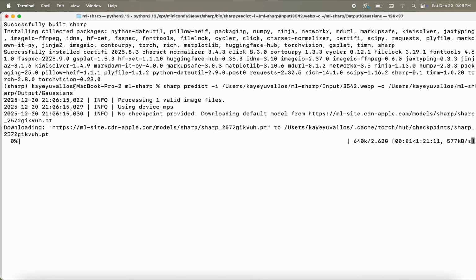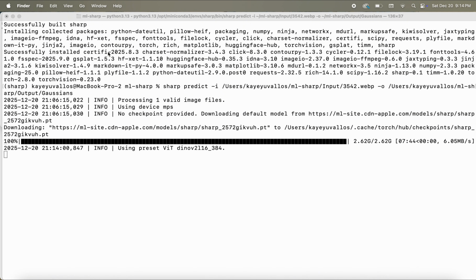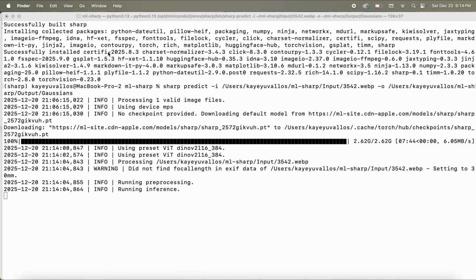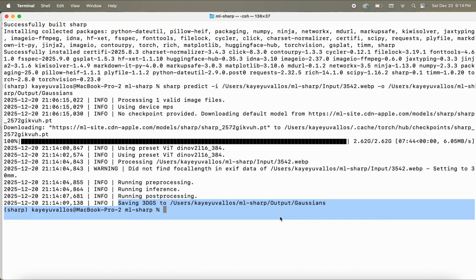We can see here, it's going to start to download the entire model, which is about 2.5 gigabytes. Depending on your internet connection, it will take either a shorter or longer length of time, but this is only going to run the very first time that we are installing this. Every time thereafter, it's going to be super fast, where the actual inference will only take about 10 seconds or so. Great. So we can see now that the Gaussian Splatting PLY has been outputted to the output folder